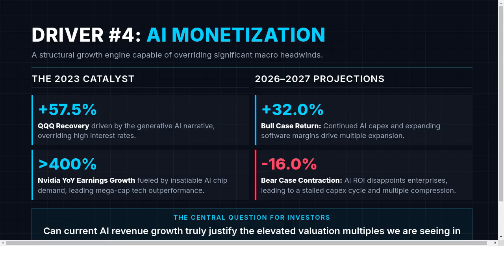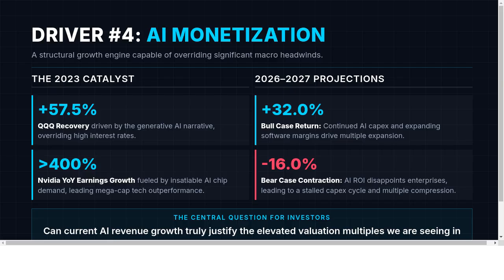Looking ahead, our forward projections for 2026 to 2027 highlight the critical role AI monetization will play. In a bull case, continued AI capex and expanding software margins could drive a 32% return. However, a bear case, where AI return on investment disappoints, could see a 16% contraction. The central question for investors is whether current AI revenue growth can truly justify the elevated valuation multiples we're seeing